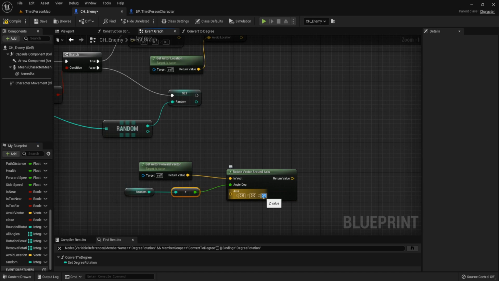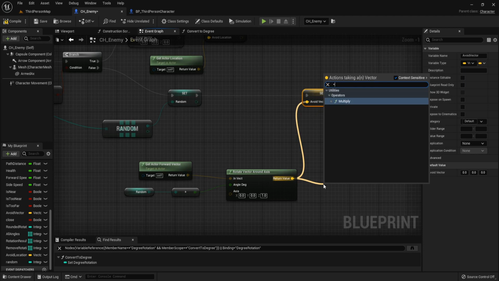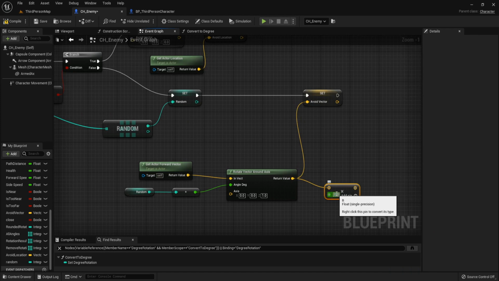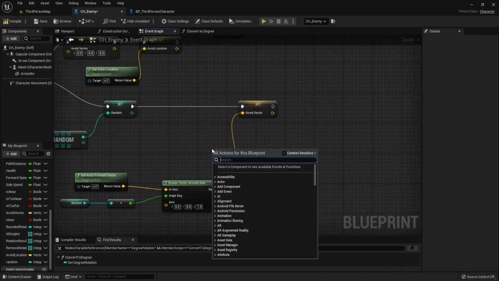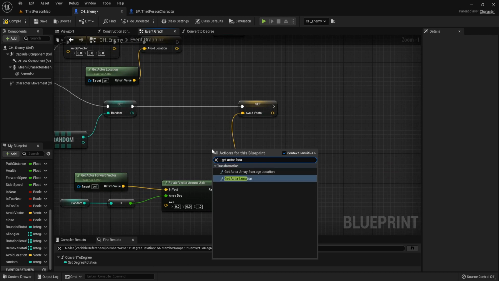Axis the value is 1 and set it to avoid vector. And then we multiply it with float 200 and get actor location,